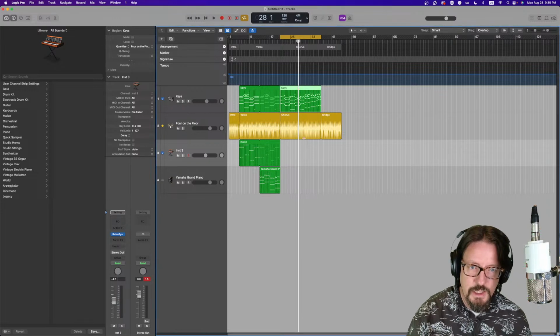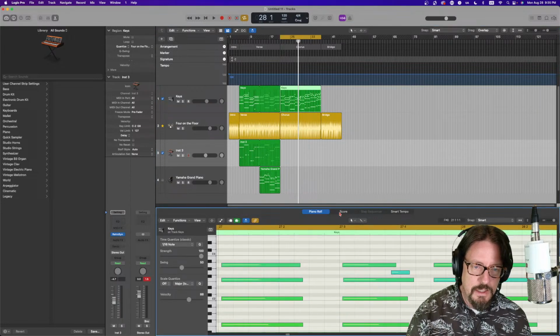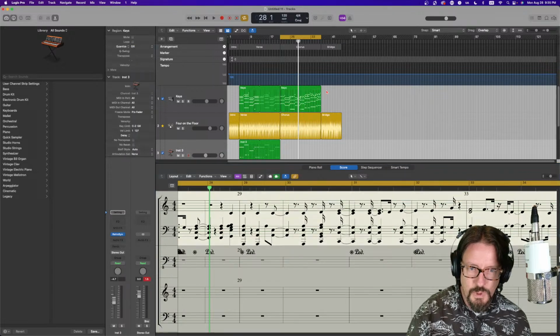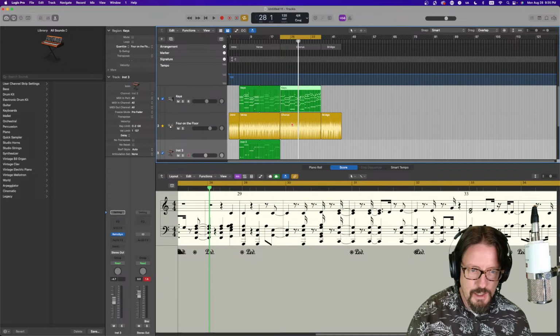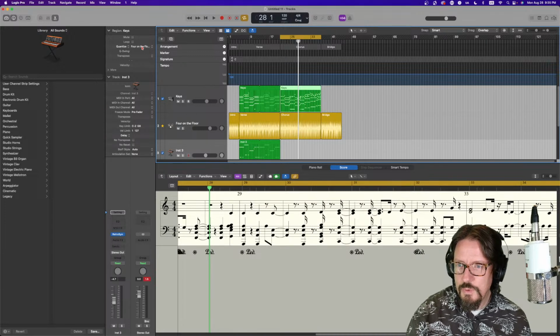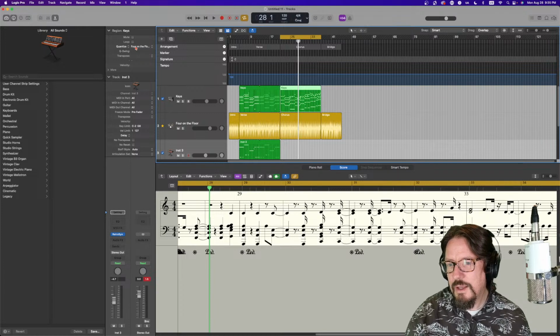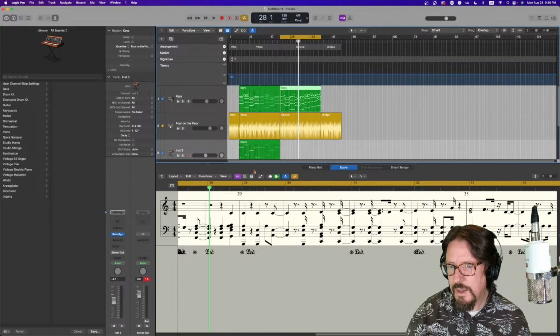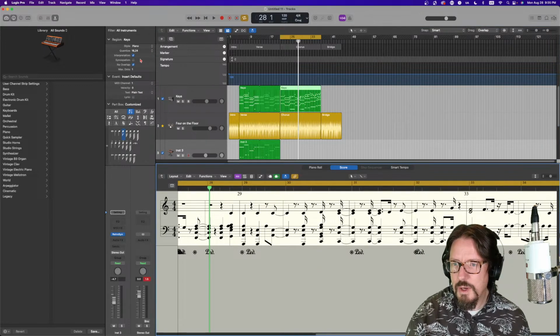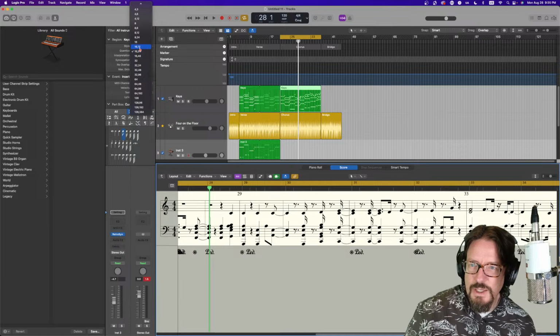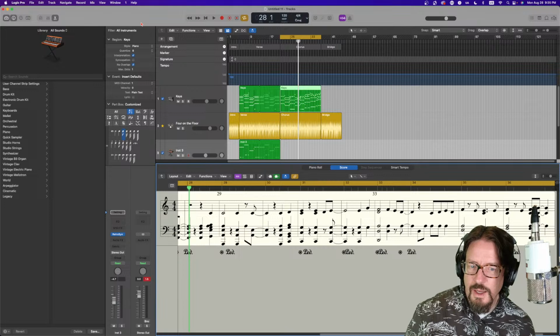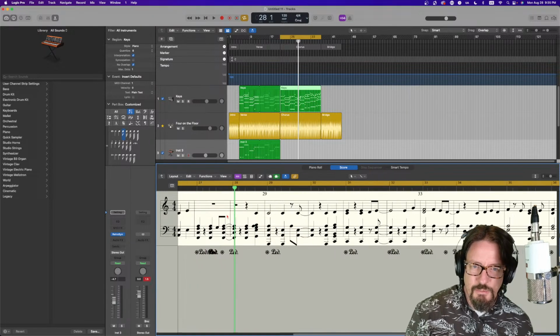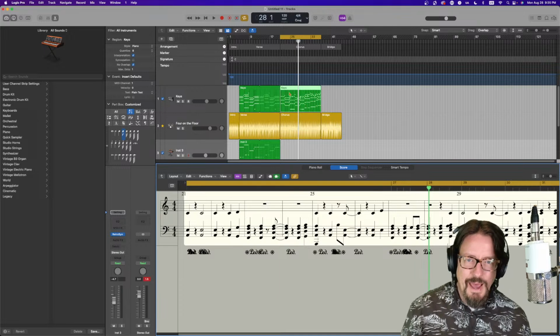Now, here's where things get a little bit more useful sometimes with Logic. I'm going to come down here and switch on the score editor for a minute. Ooh, that's all the stuff I just played. Let's see. Score. Why are you not? Oh, there we are. I want to do a different quantization. That's just a visual quantization, but this is where it gets useful